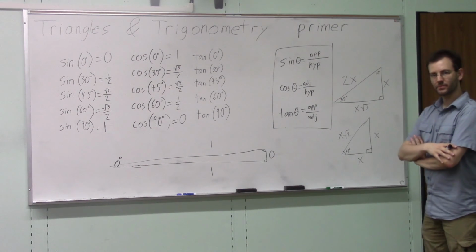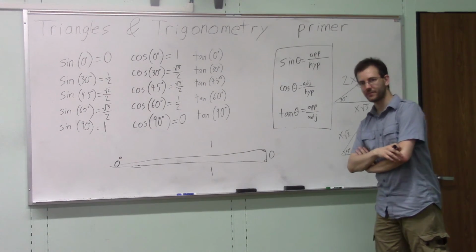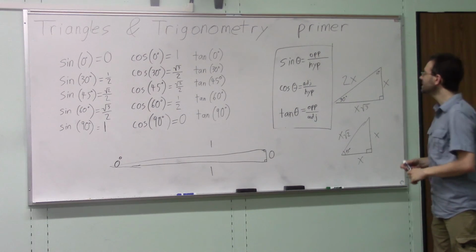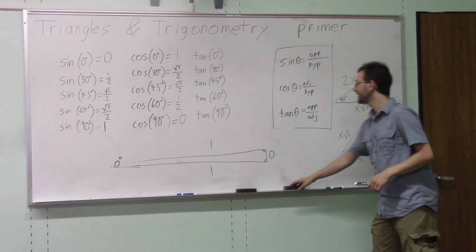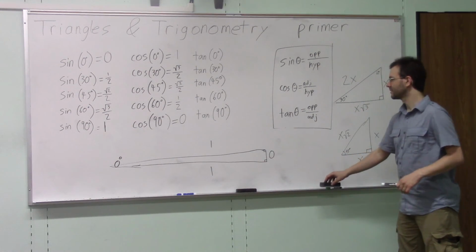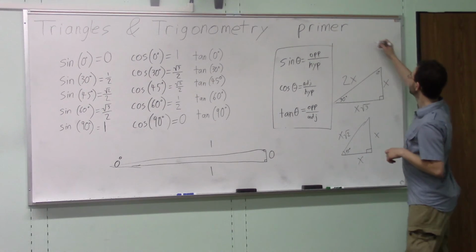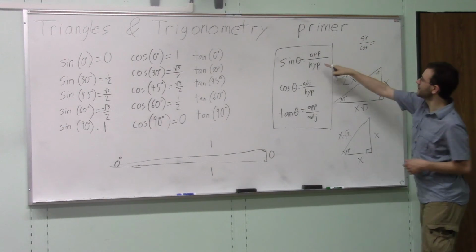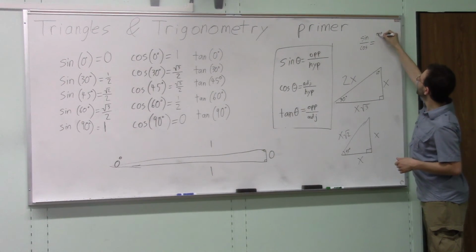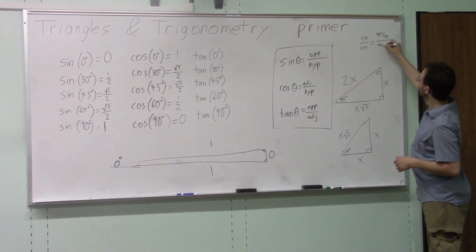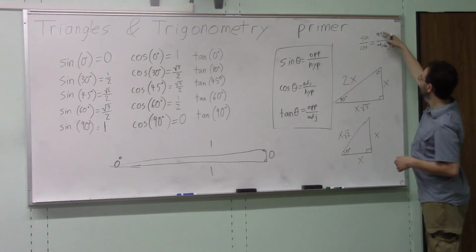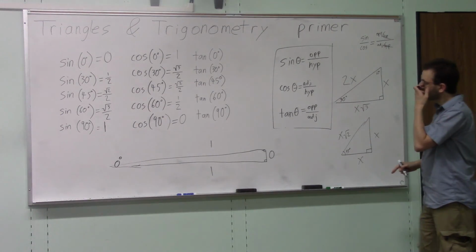Tangent's a little odder. It shows up less frequently in everything. But take a look at this. Tangent is opposite over adjacent. You know what else is opposite over adjacent? Sine over cosine. Sine over cosine means opposite over hypotenuse divided by adjacent over hypotenuse. Those hypotenuses can cancel out and you end up with opposite over adjacent, which is tangent. So if you want to find the tangent